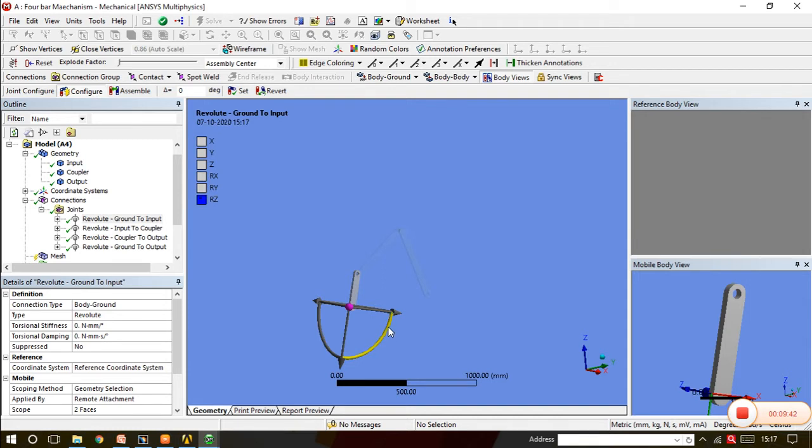Once we go to the configure, now we can see that this particular mechanism is working here. So it is working for the one rotation. So we'll see how it works in the